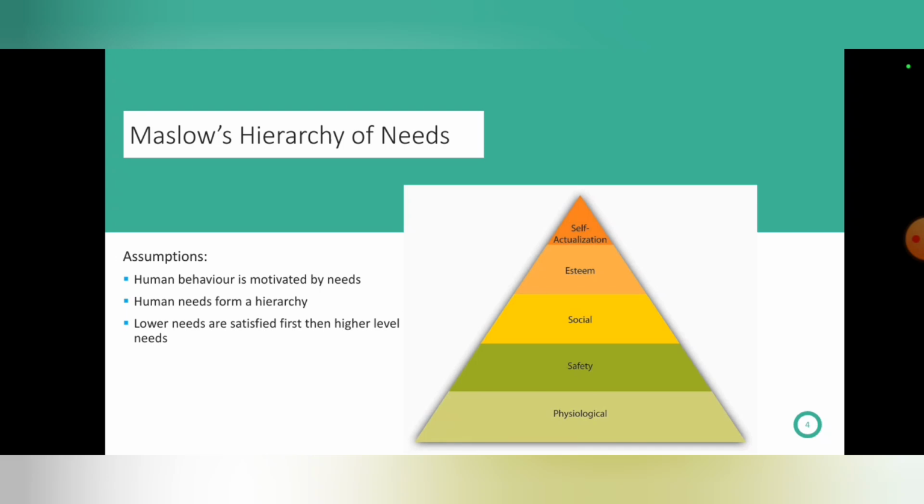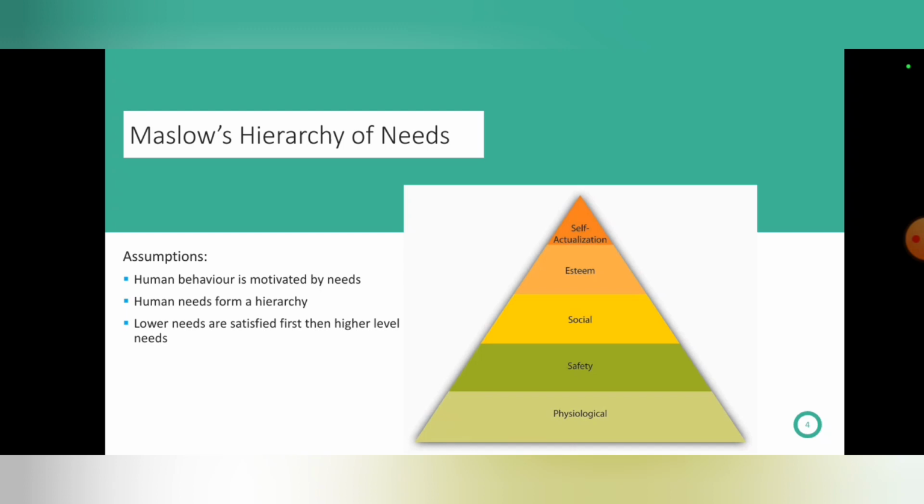And as you can see from the triangle, Abraham Maslow is of the view that human needs are well structured and they are satisfied in order from the bottom to the top. So we have the physiological needs, the base needs from his theory. According to him, the physiological needs are the most important of all human needs, and these needs include shelter,